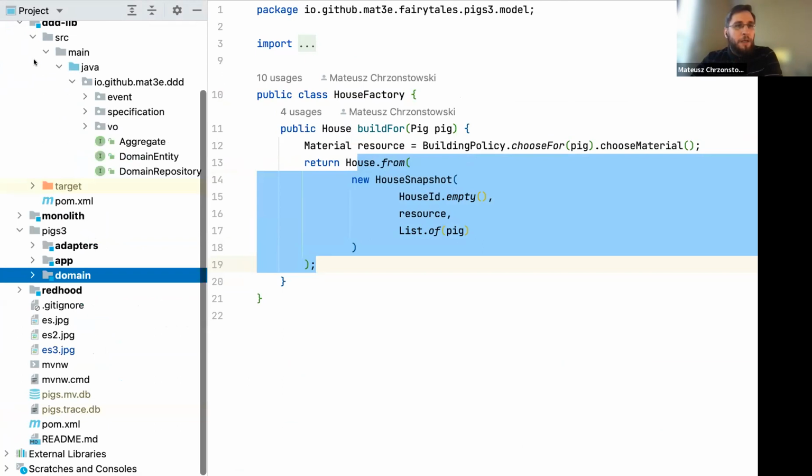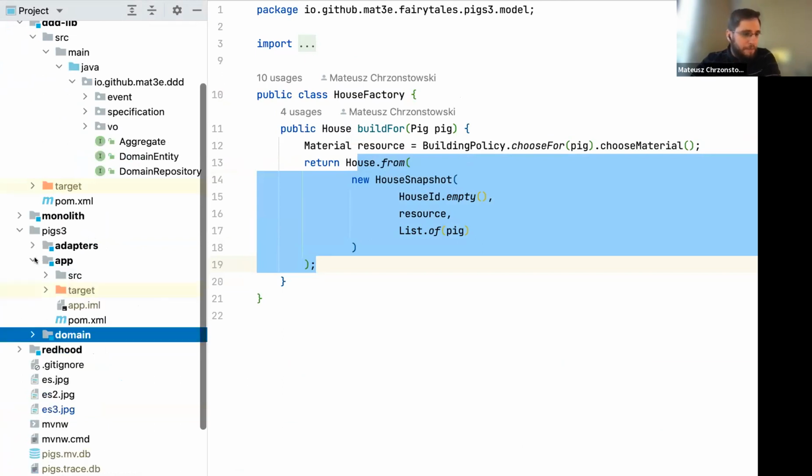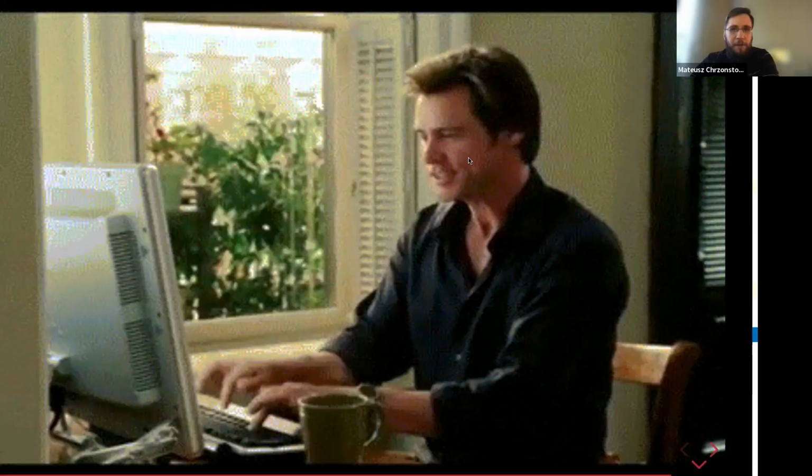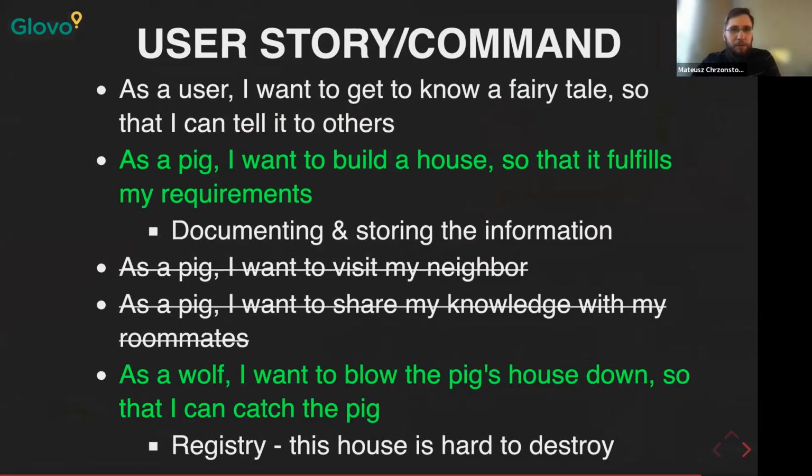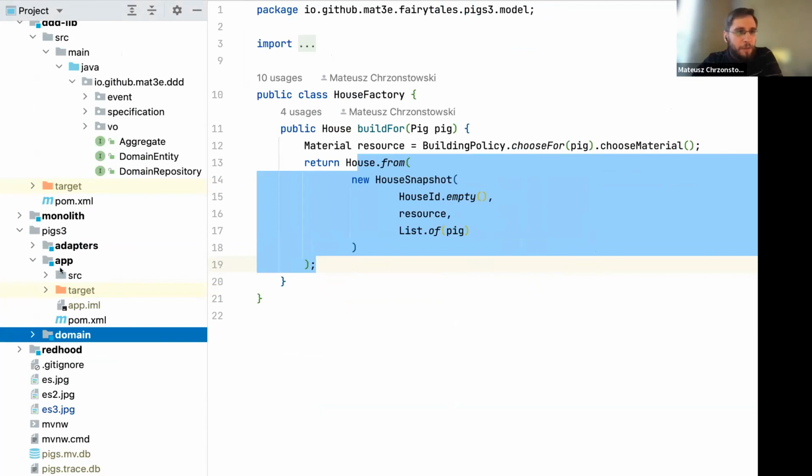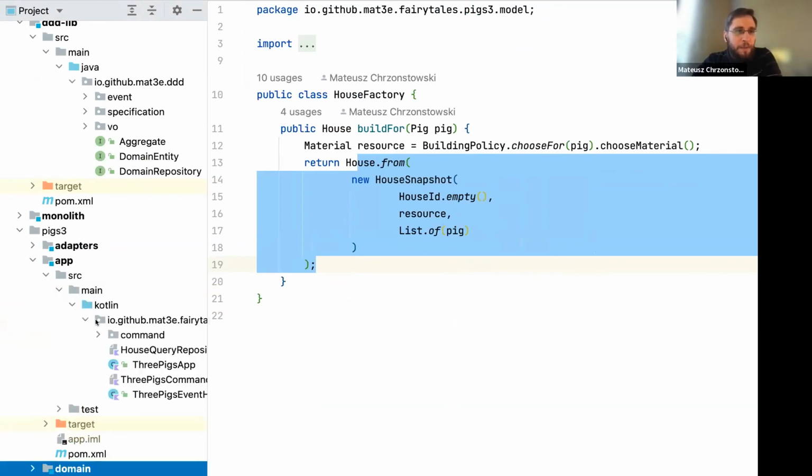Then around the domain, we have the app, so all the use cases. You remember, those were the user stories, like as a pig, I want something. As a wolf, I want something else. So let's see how we ended up modeling